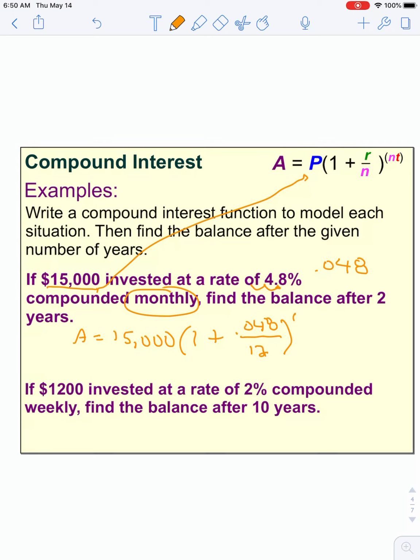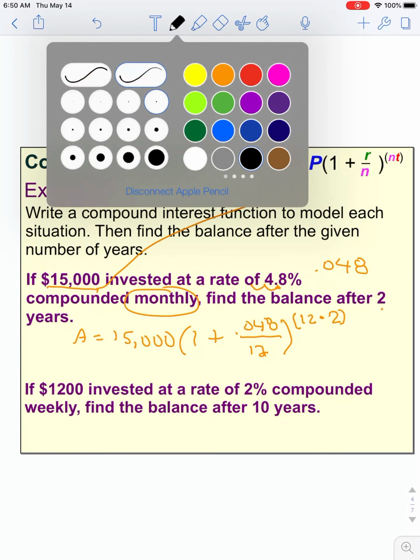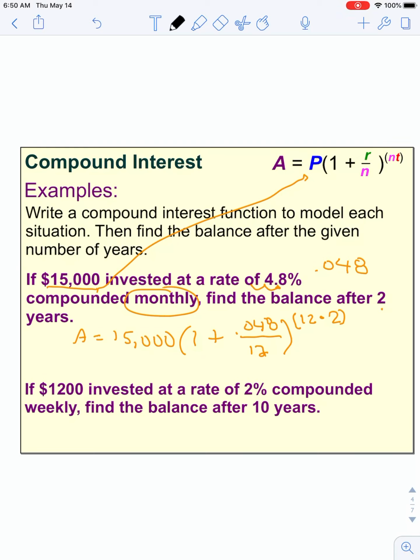Then I raise it to the n, which is 12, times the time power. And the time here is 2. So that's what I need to type in. If I'm going to type this in my calculator exactly like you see it in one step, remember you are going to need a second parenthesis around there. Otherwise, what you can do is you can get a decimal for 0.048